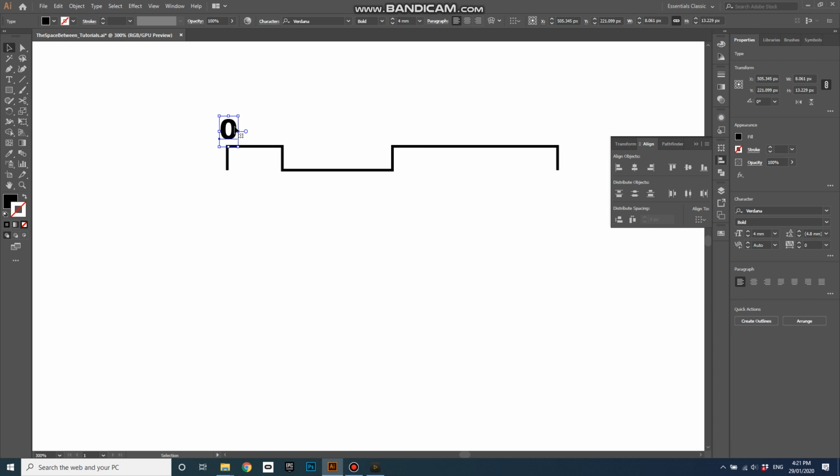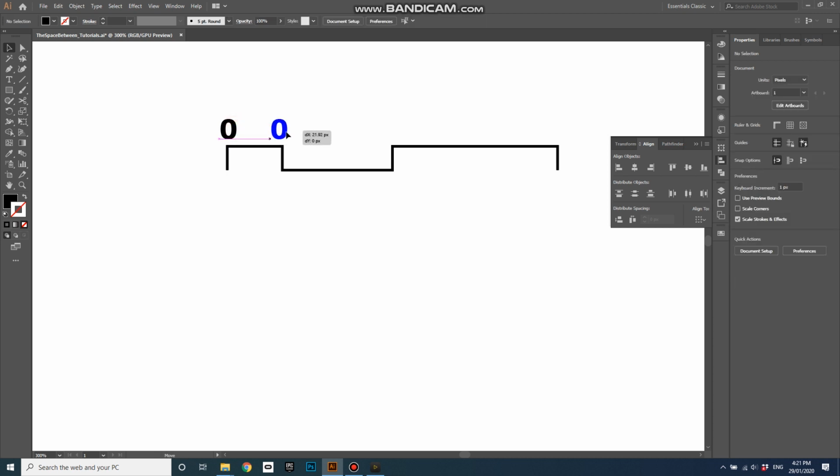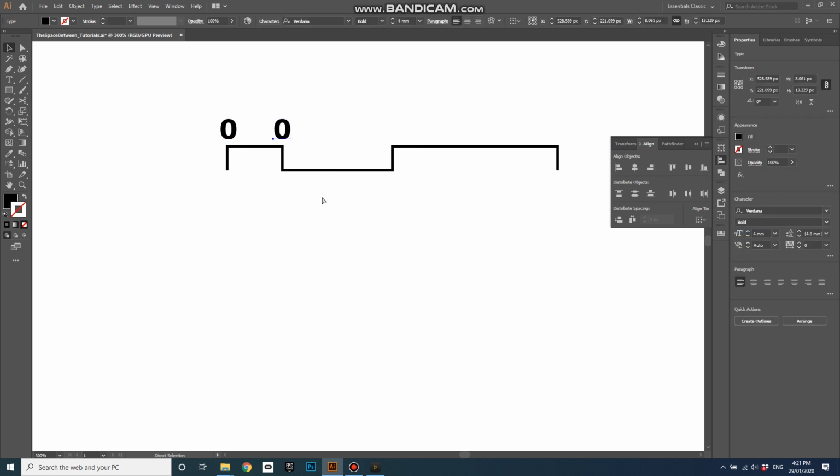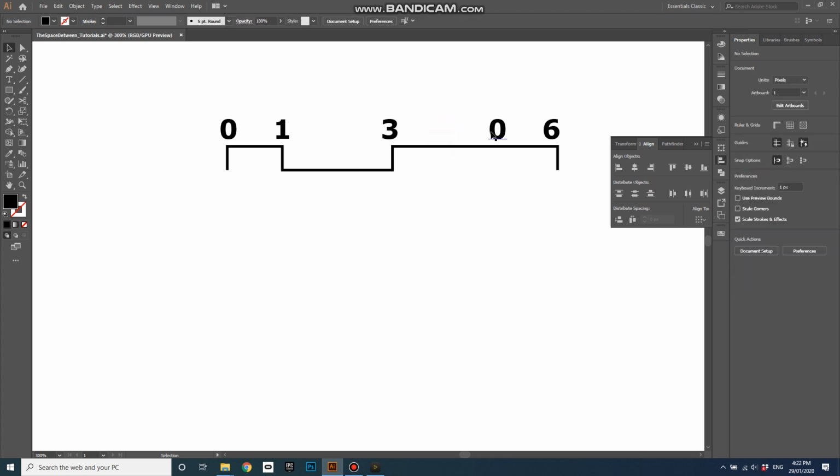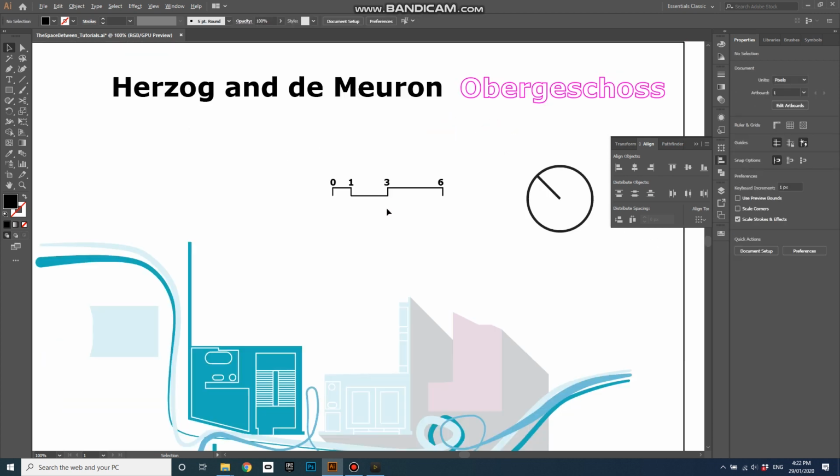and do the same thing by holding down Shift and Alt and Shift and drag it out to here. Control Command D will put it again where it needs to be. Change this one to 1, this one will be 3, or 5, this one will be 6. So there we go, we've got a scale, and probably